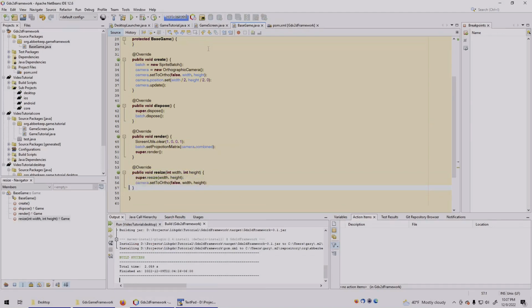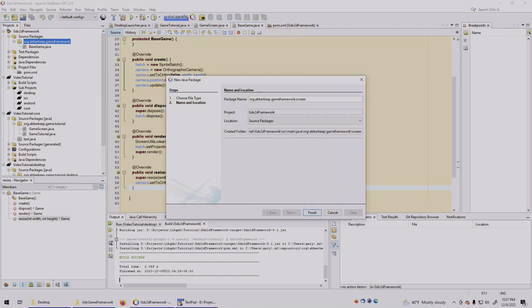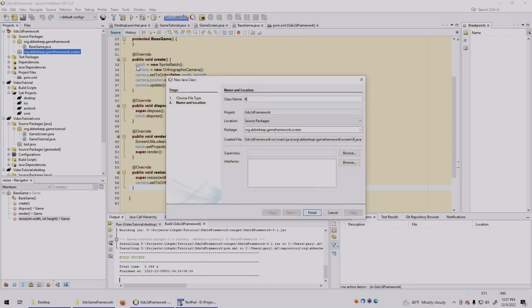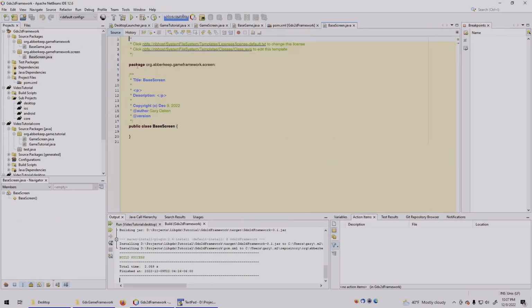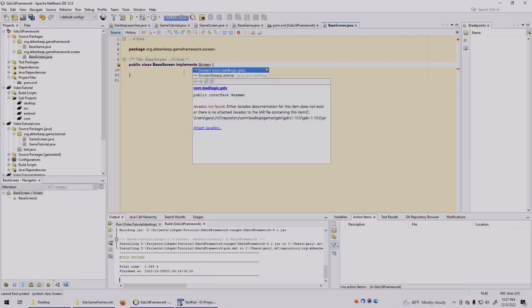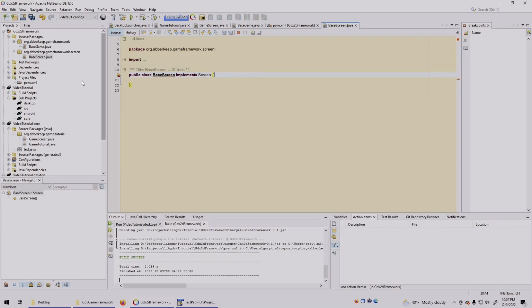Okay, and now we'll also create a base screen class. We're going to put that in a separate package, and we'll just call that screen. Make our new class. Base screen class is going to implement our screen interface. That one. So this is going to be an abstract class. And so we're going to put kind of all the basic logic that everybody's going to need, which will be